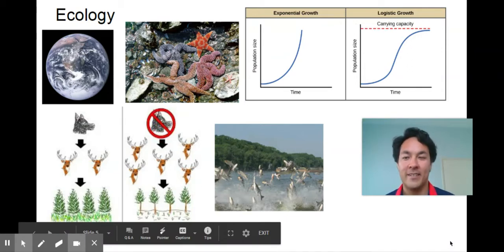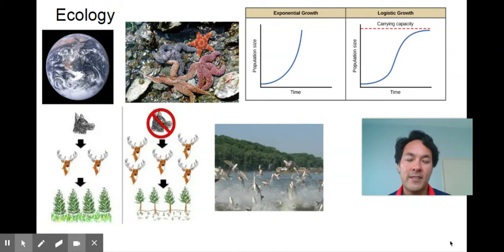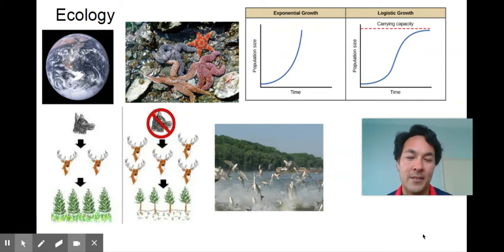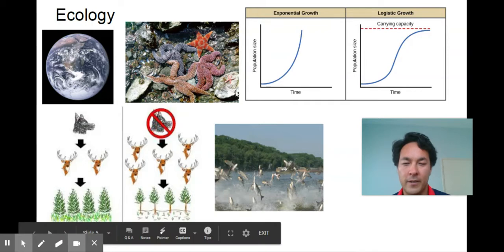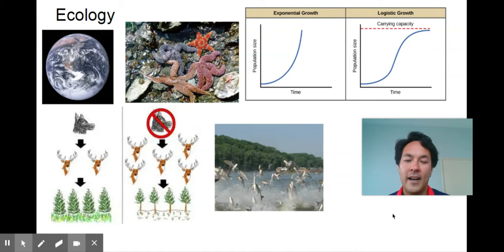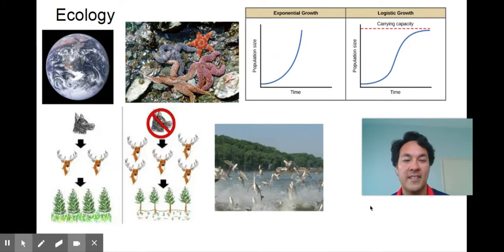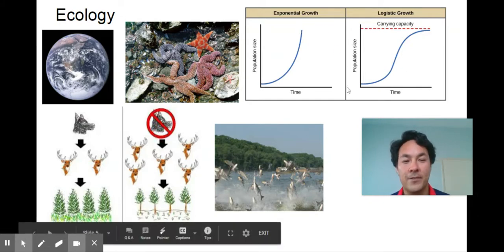We'll start on the big scale, and we'll talk about the Earth, and we'll look at some fun experiments. We'll talk about Robert Paine's experiment where he threw starfish out of tidal pools, and he discovered what a keystone species is. This happened, I believe, in Oregon or Washington State, out on the west coast of the US. We'll talk about what happens if you remove parts of an ecosystem due to human encroachment upon territory. We'll talk about invasive species. This is a picture of Asian carp that are a big problem in the Midwestern United States, and they're taking over waterways there. And we'll use some math, right? We'll look at exponential growth and logistic growth and ask, what's going on with these populations?